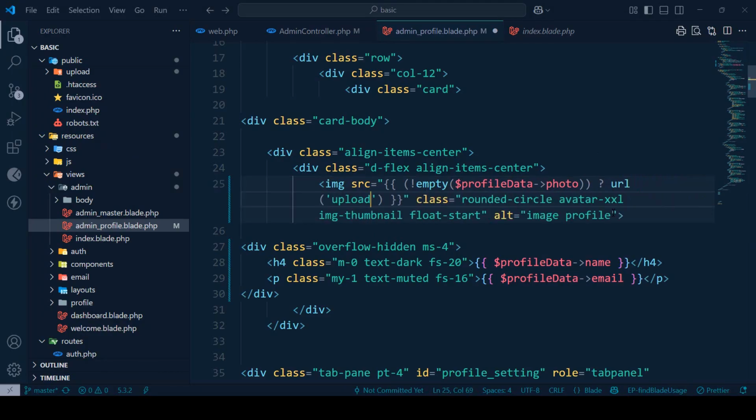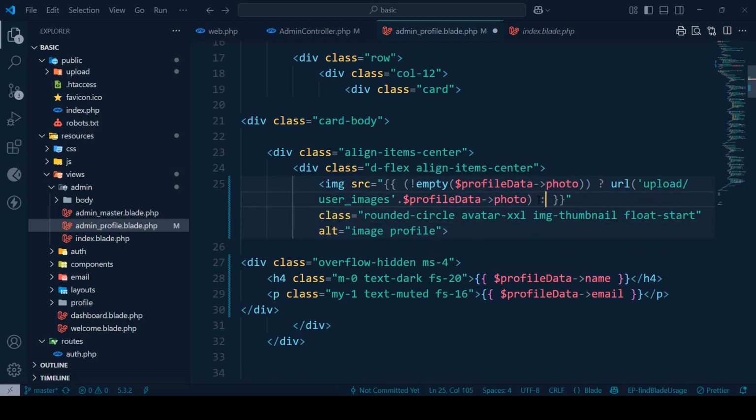folder that I have already created, and into this upload folder I will create another folder named user image, because user related images I will save in this particular folder. So that will be upload/user images, and in that position I want to execute our profile data. With this profile data I want to access our profile photo. Great. And else, it will display another URL, our default image that I have already